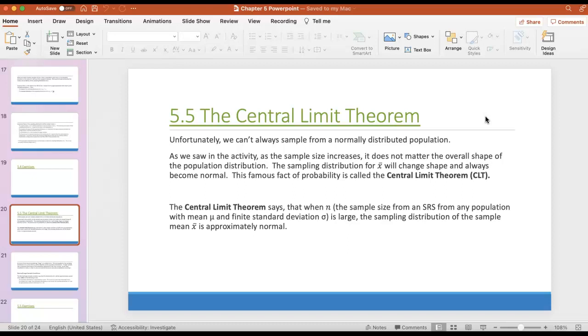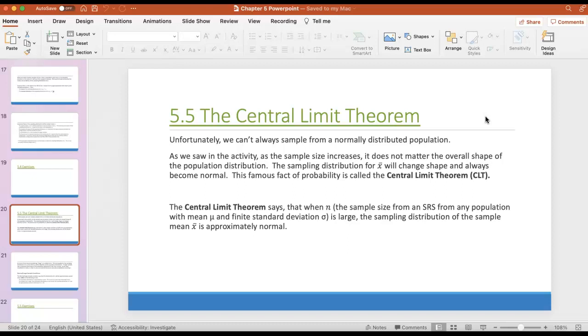Okay? So, some other information before we start to talk a little bit more about the central limit theorem. Obviously, we don't always sample normally distributed populations. I'm sure that's something that some of you have considered as you've looked over some of the exercises you've done in our class. It seems like, well, the population's always normal, which seems a little far-fetched, and I agree with that. It's not the case.